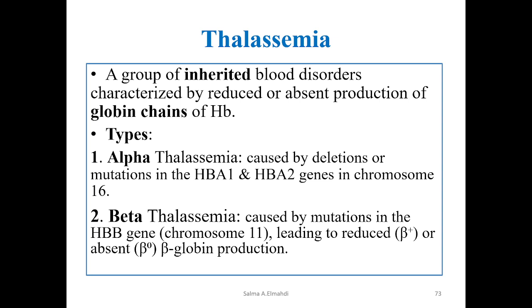Another hemoglobinopathy is thalassemia, a group of inherited blood disorders characterized by reduced or absent production of globin chain of hemoglobin. So like sickle cell, the globin chain is also affected. However, thalassemia can affect both alpha and beta chains. So we have alpha thalassemia, which is caused by deletions or mutations in genes hemoglobin A1 and or A2 that cause for the